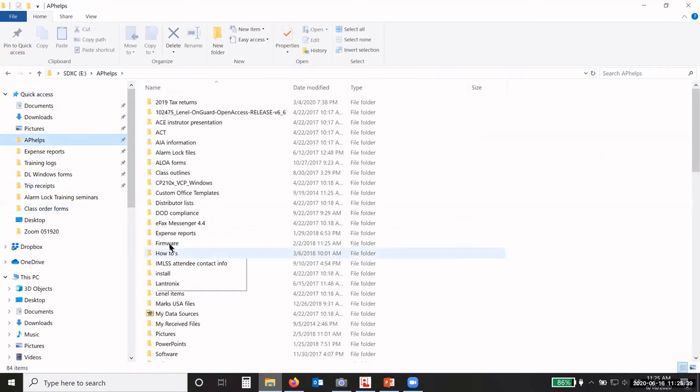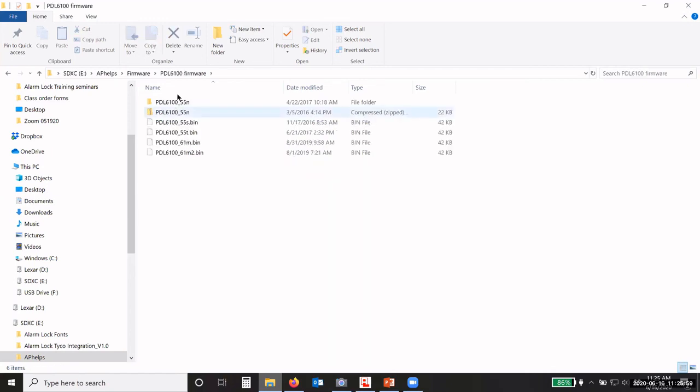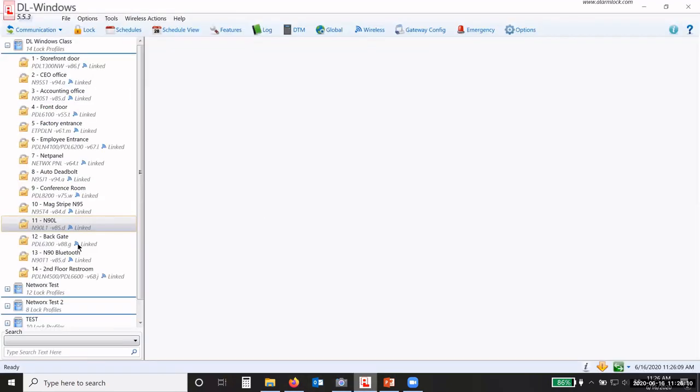But what I do is I put all of my firmware into a folder that has subfolders. That's just me. But you can see all the different versions of firmware that we've had over the years. Okay. So the PDL6100, that's a very popular lock, prox and keypad cylindrical. And you can see we have several versions of firmware since I came on board 5 years ago. Okay. So once you have that firmware downloaded, go to the website,